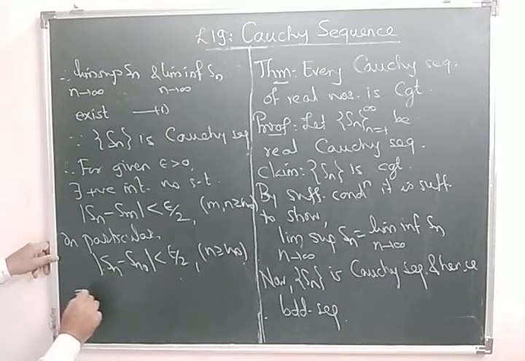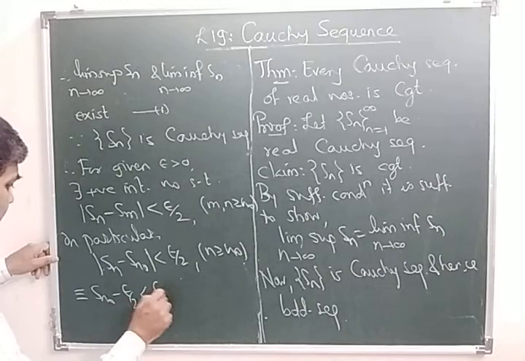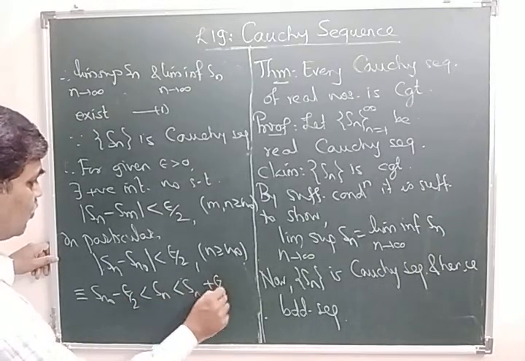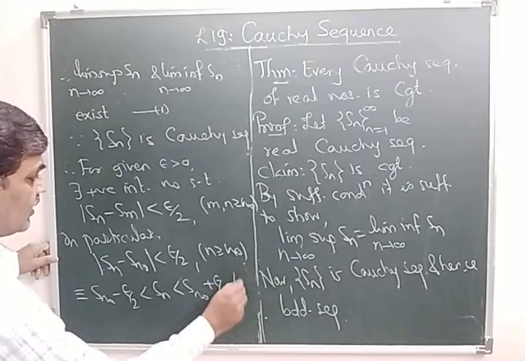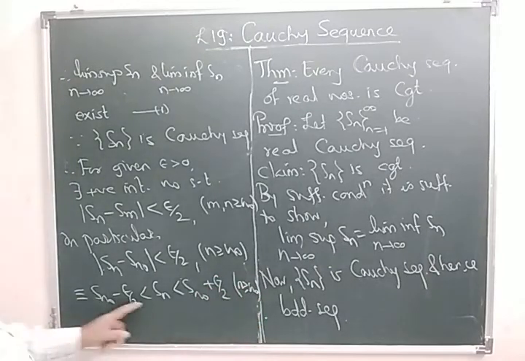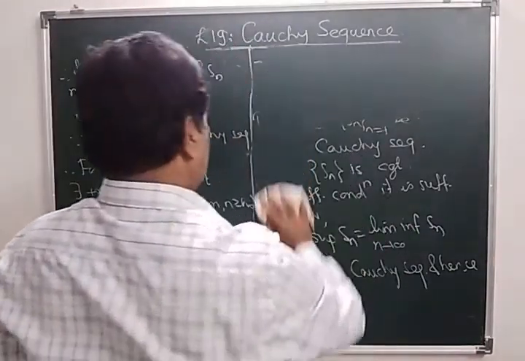This is equivalent to Sn naught minus epsilon by 2 is less than Sn is less than Sn naught plus epsilon by 2 for n greater or equal n naught. All Sn lie between Sn naught minus epsilon by 2 and Sn naught plus epsilon by 2. Okay, this implies